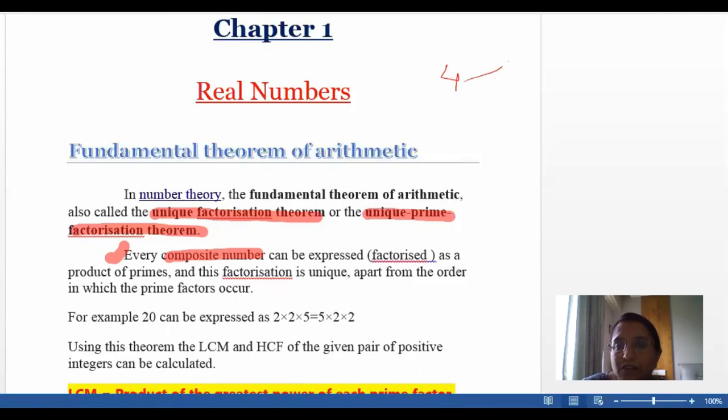What are the factors of 4? It is divisible by 1, by 2, and by 4, that number itself. So these are the factors of 4. How many factors are there for 4? There are 3 factors. So such a number is called a composite number. 4 is the smallest composite number. Now let us take the definition of the fundamental theorem of arithmetic. Every composite number can be expressed as